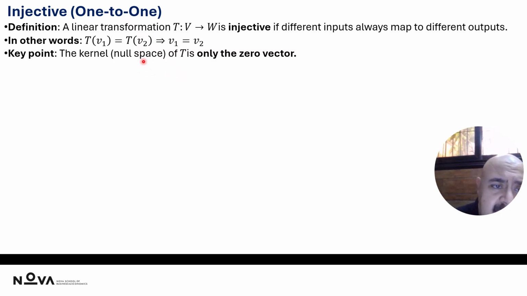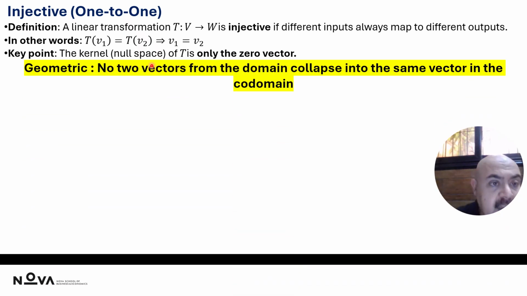I'm sorry that we hit this meaning, but we will need it, inshallah, after the midterm. Once we go to vector spaces and subspaces, we will encounter these definitions once more. Geometrically, no two vectors from the domain collapse into the same vector in the codomain. So you will never have two input sources mapped into just one image